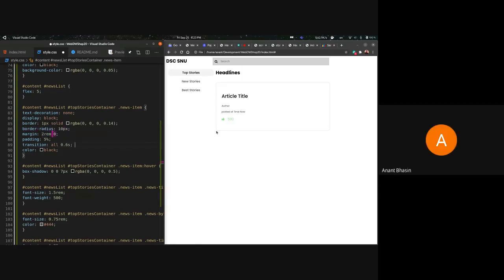Have we talked about rem yet? Right, so we haven't talked about rem yet. So what exactly is rem? Till now we've been using the values in pixels, right? Now what you might notice is that